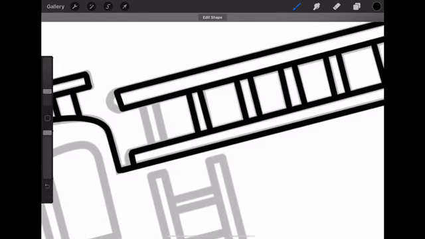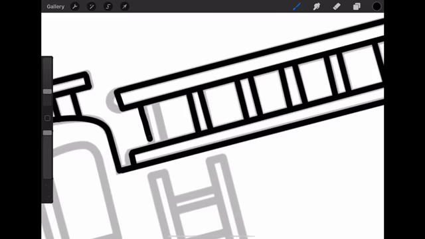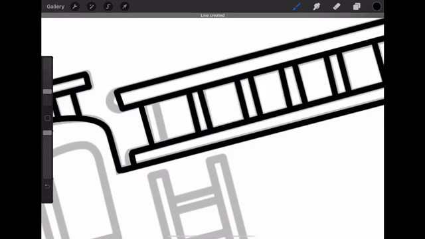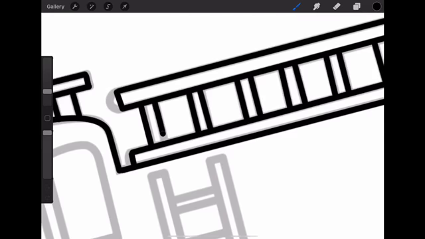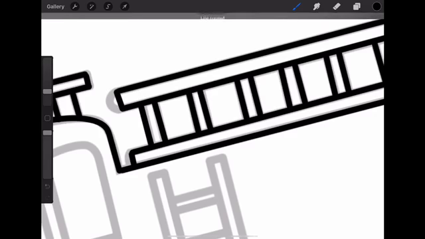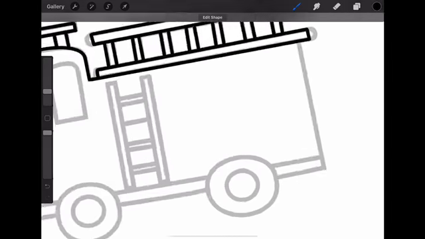There we go. So, another good thing about this is, say you get a Nutcracker ballerina image for your student,